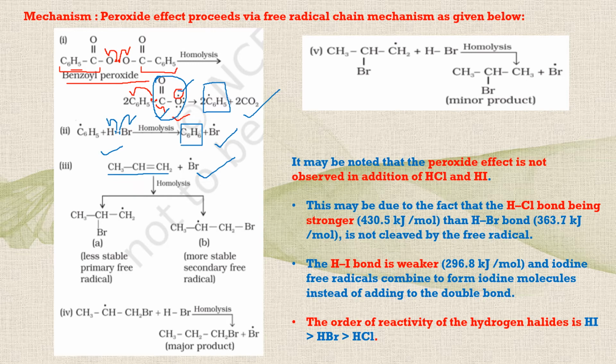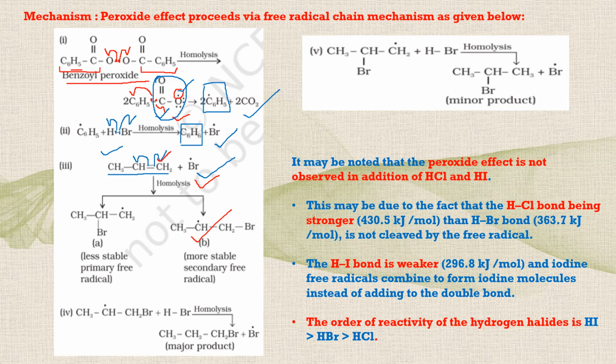So here also homolysis will take place. If I say that this carbon is taking away its electron, and this is taking away its electron, both the carbons will be having one electron which they have taken back by breaking up the pi bond. Now if Br free radical attaches to the first carbon, then the second carbon will be having the electron on it.